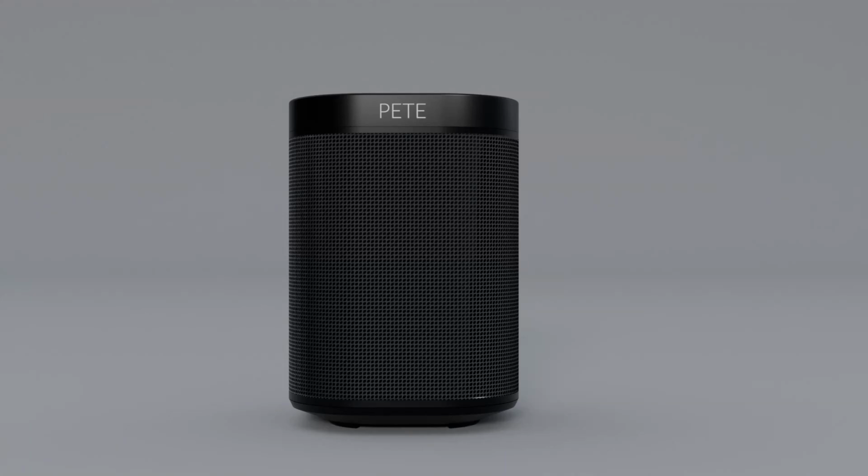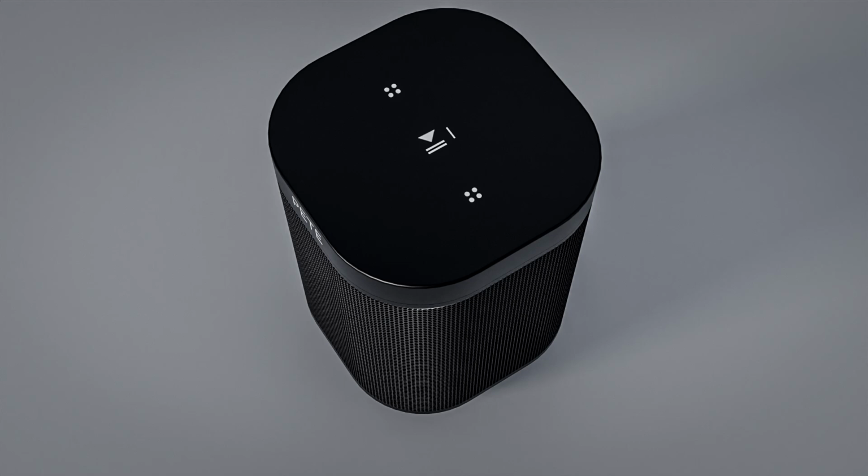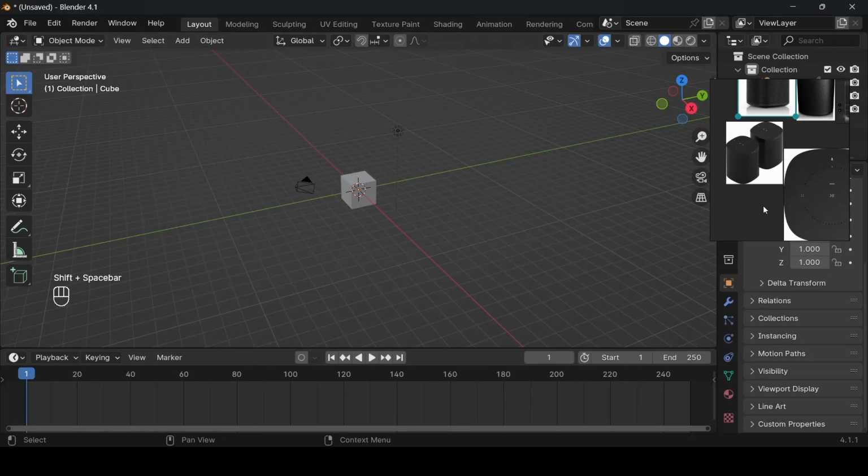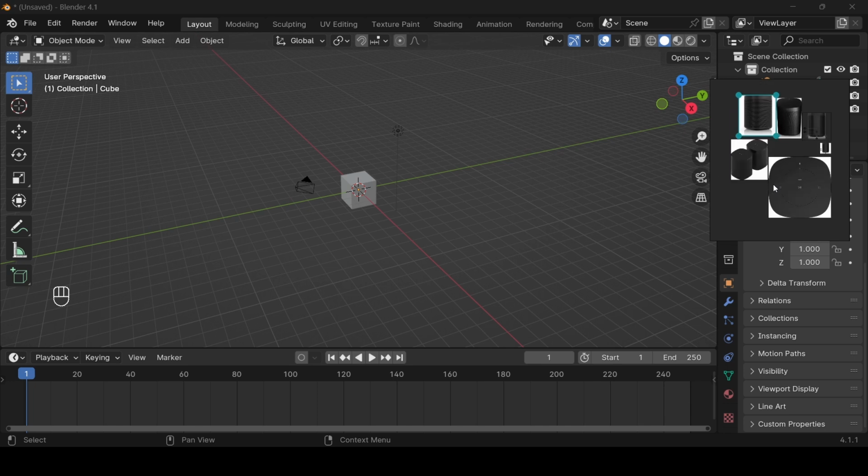Alright fam, in today's tutorial, we are going to be making the Sonos One speaker. Don't waste much of your time, let's get to it. Alright, so what I've just done here is I pretty much went online to search